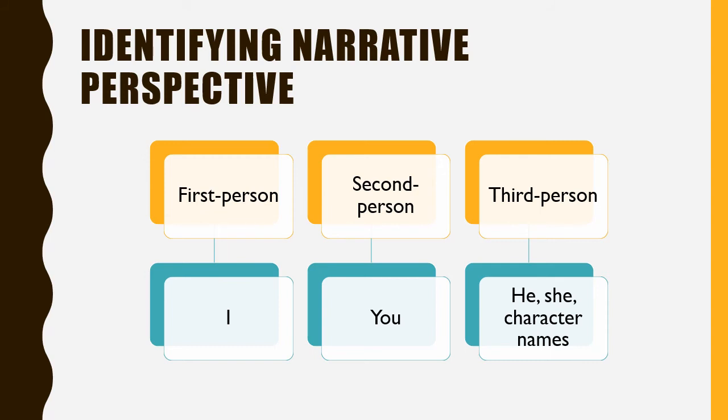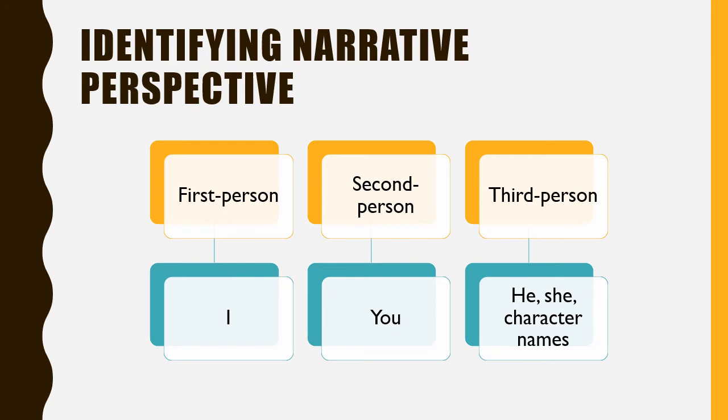So how do you identify first-person narrative? Obviously a lot of I's. The narrator is a character in the story and uses first-person pronouns. Also, we don't know the thoughts or feelings of other characters. The second-person narrative is usually used for instructions and uses you, so from your perspective. An example would be the line in the cooking book: First, gather your materials. Add 1 cup of sugar to something else.